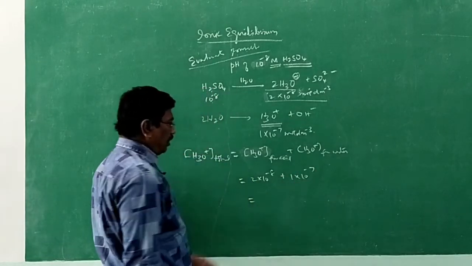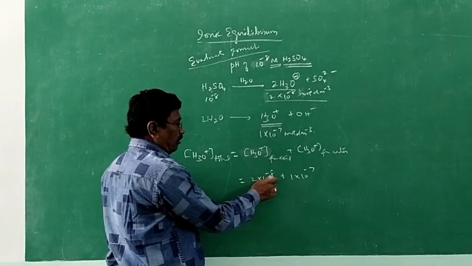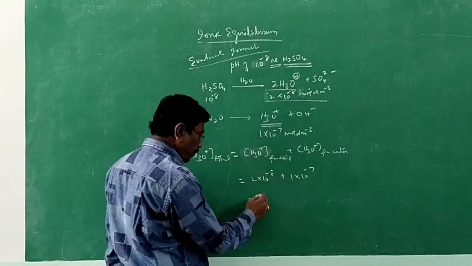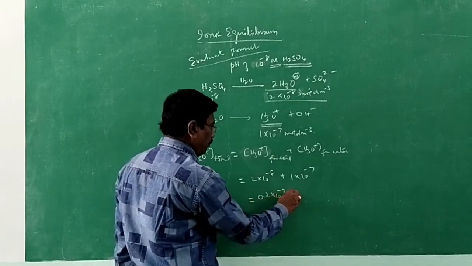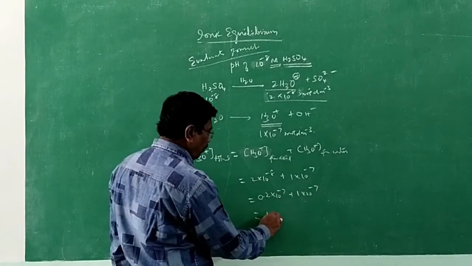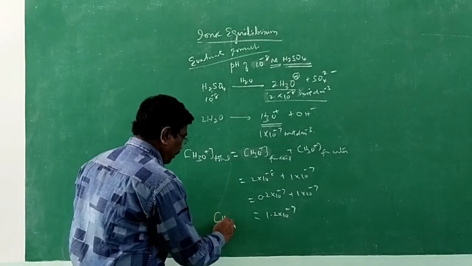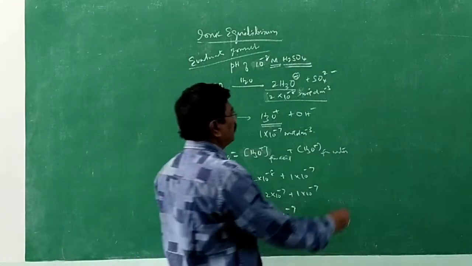It has to be converted to 10 power minus 7 value. How? To convert it to 10 power minus 7, I have to divide it by 10. Therefore, 0.2 in 10 power minus 7. And 1 in 10 power minus 7. If I add, 1.2 in 10 power minus 7, so hydrogen concentration is equal to 1.2 in 10 power minus 7. Therefore, pH is equal to